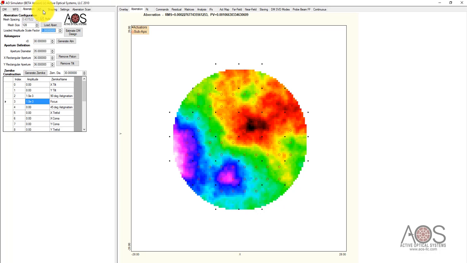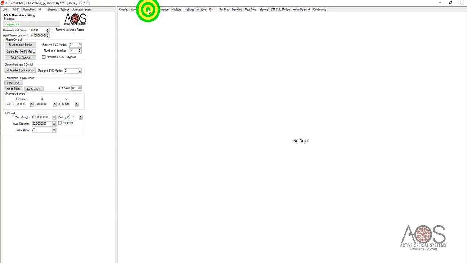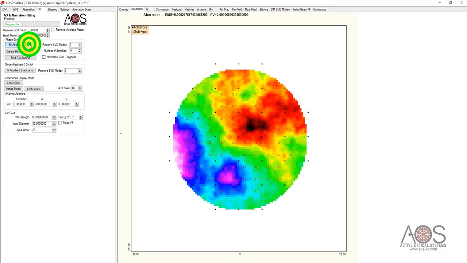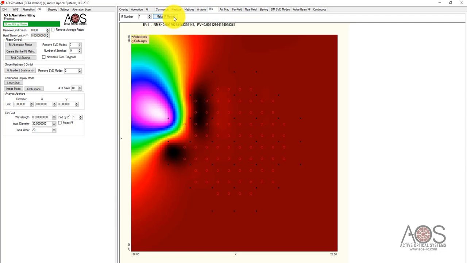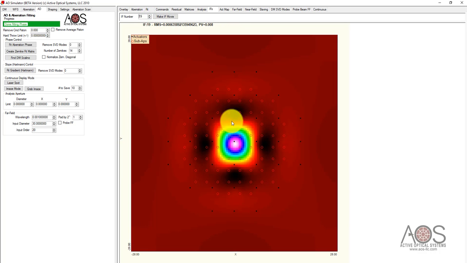Okay, so now that we've got an aberration, we'll just stick with this Kolmogorov spectrum turbulence for the moment. We can do adaptive optics. And you can see that I've got no data in the fit right now. I can have it try to fit based on phase, and so it will go through and generate the influence functions. And let me show you that. Here are the influence functions that it generated in a plate type pattern. This center influence function looks about like I'd expect it to. It's nominally Gaussian. It's got 4 little divots to the side that represent the bending mode between these basically adjacent